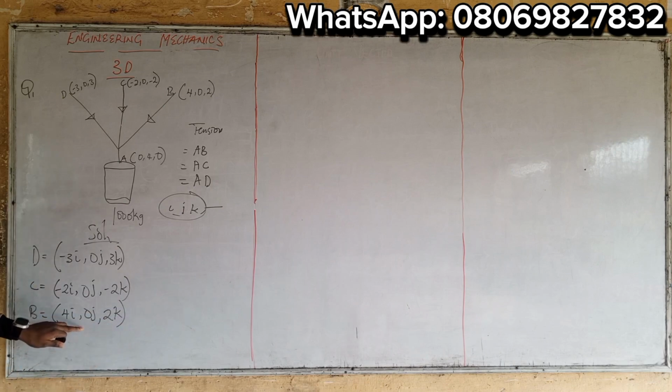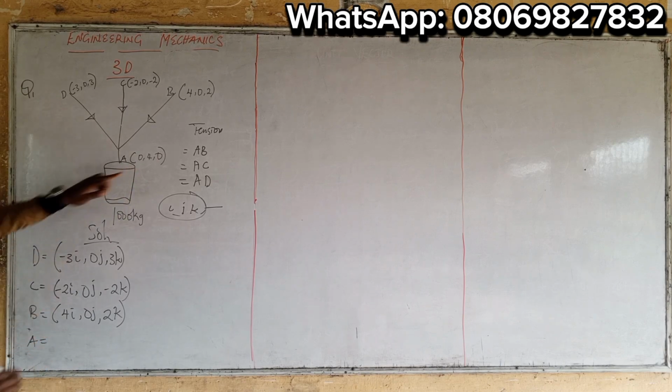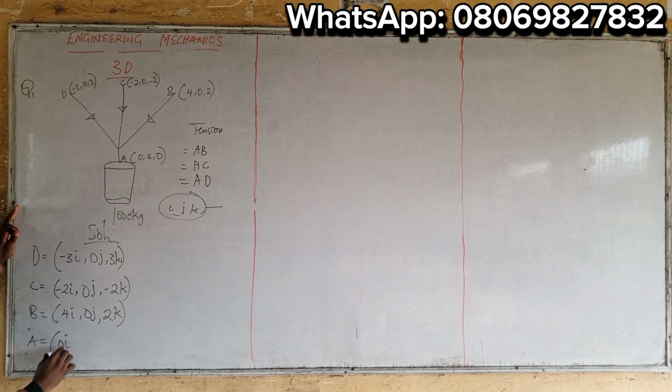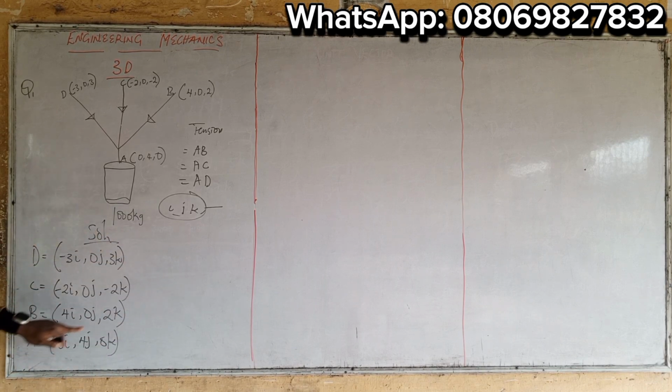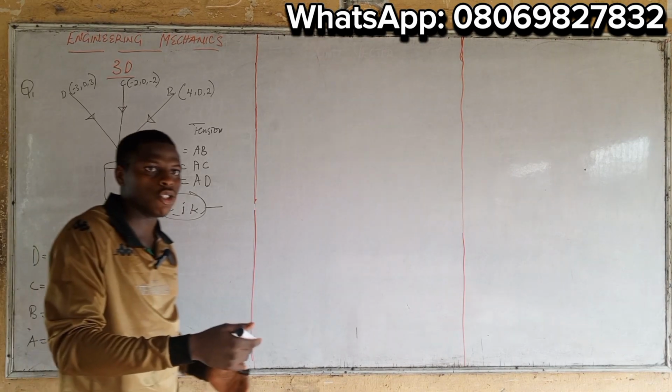This is your vector coordinate for point B. For point A, which is the last one, you have 0I, 4J, and 0K. Now this is what we'll be using in calculating the position vector, magnitude, and